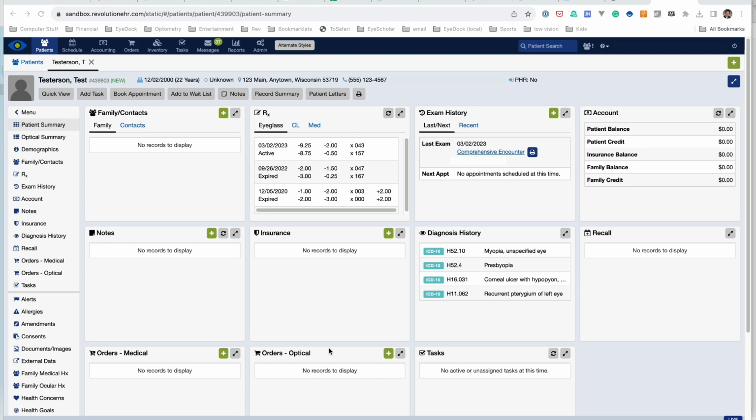This is a little demonstration of the beta version of my Chrome extension. So I think it'll work best in web-based EMRs, and really I've only practiced it or tried it in Revolution since that's the only one I have access to. But when you download the Chrome extension, one thing you can do is just simply click the icon and it'll